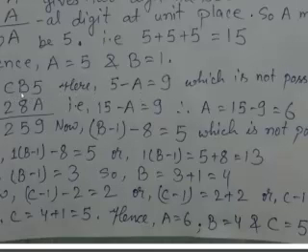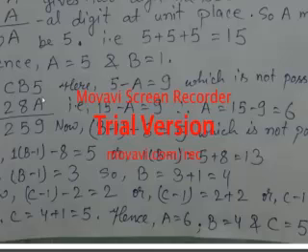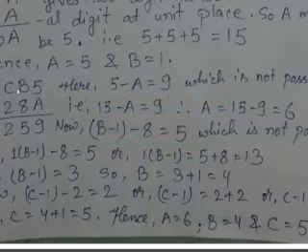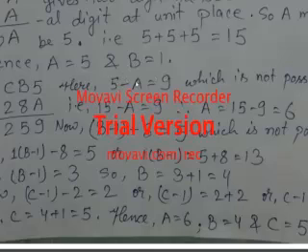Here you can see the solution of question number 5. Here you can see, yes, it is 5 minus a is equal to 9. So from 5, if you subtract any number, then it can't be bigger than 5. So that means it is not 5, it is 15. I had written here 5 minus a is equal to 9, which is not possible. Why? Because from 5 we subtract any number, and it will become 9.